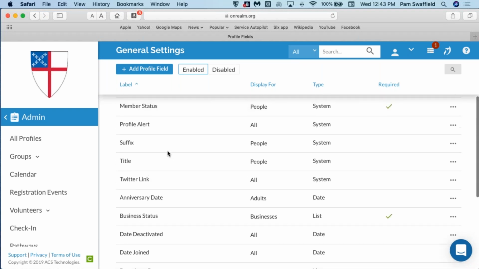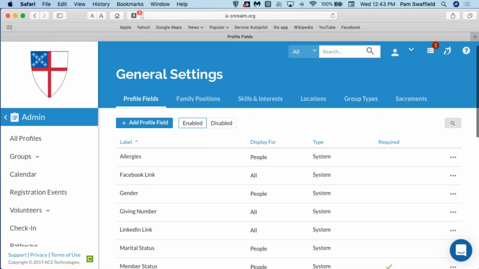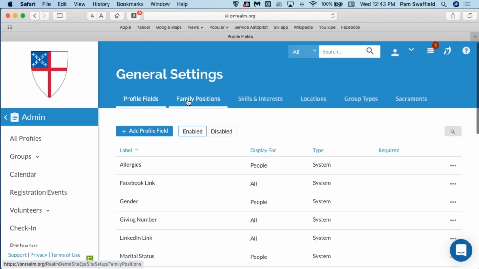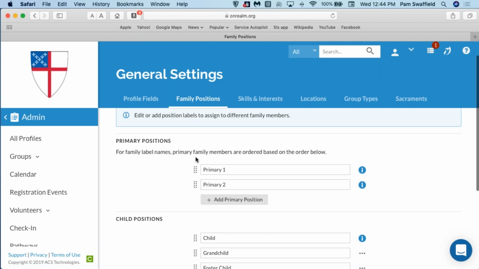Now, this is in the area of profile fields. I want to mention a couple of other things this afternoon before we run out of time. Also, in the same area as the general settings where you find your profile field, you also have the ability to track all the individual people within a specific family by identifying the primary family members,